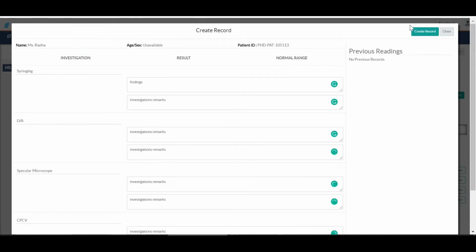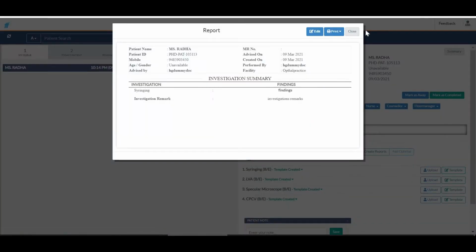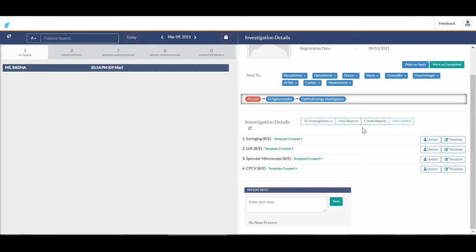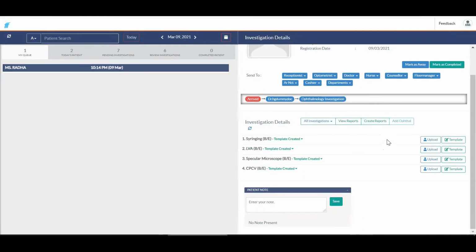Once this is captured, you can say create, and as you can see, the template got created by default. To view the reports, you have the option called view report. If you click on it, the basic report will be shown here.